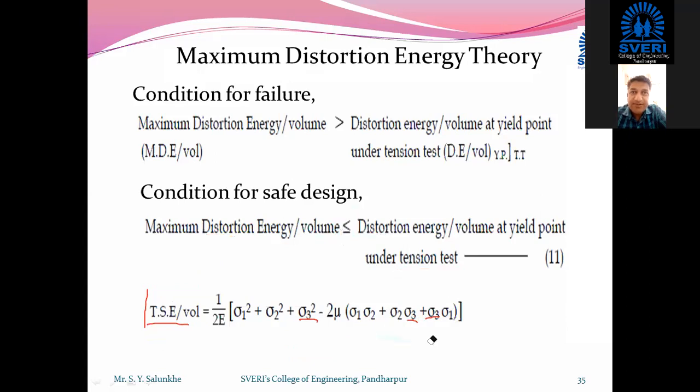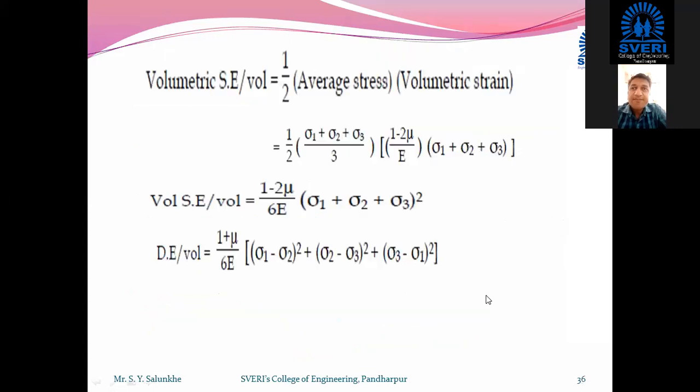Now you may ask why strain energy, when we have already seen the maximum strain energy theory. Then in the distortion energy theory, why is it required to calculate this strain energy? Because distortion energy is calculated from the strain energy itself. We say total energy is equal to distortion energy plus strain energy.